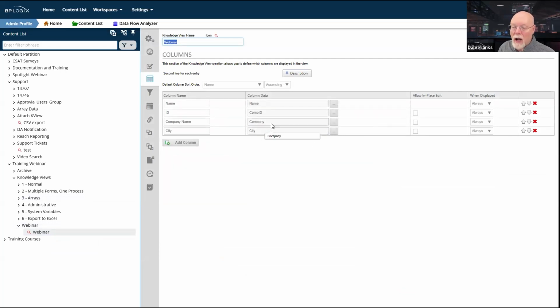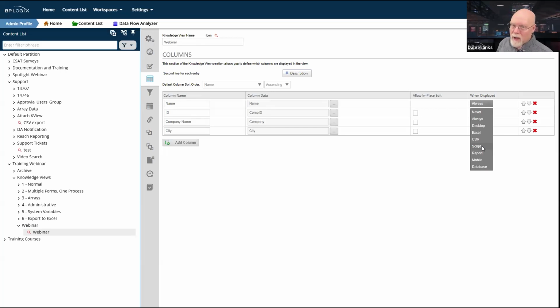Now, each of these columns by default has a display of always, which means no matter what I'm doing, it's going to show me that column. I don't need to actually do that. I can have a column that exists but never show it. I can only show it if somebody is looking at it on the desktop, or only show it in Excel or CSV, or only show it if this knowledge view is invoked by a custom script.